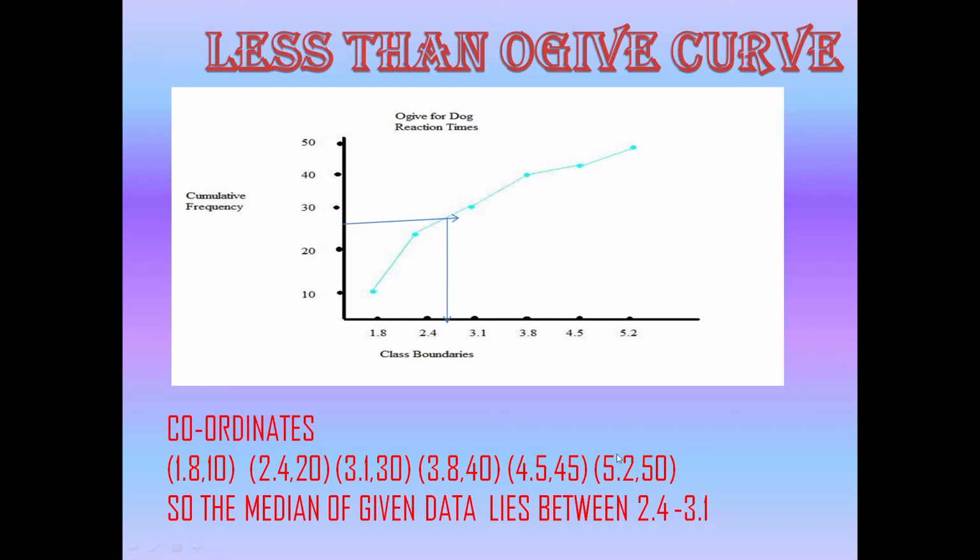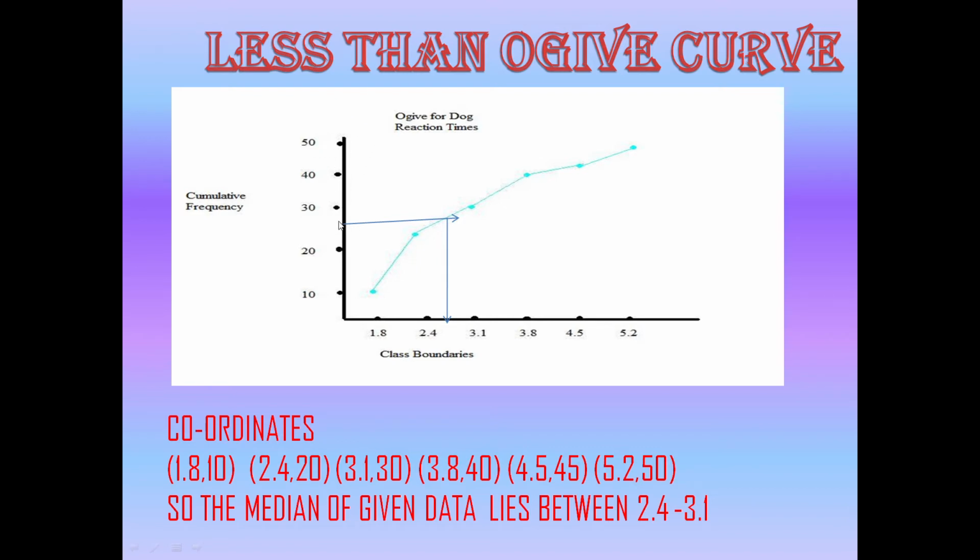So children, you are going to see a very easy method which can be applied for plotting the graph and denoting all these points in a simple manner. The only thing is you prepare the coordinates, and we have to use graph paper with a suitable scale, as we will see in the example. So what is our n value here? Here the n value is 50, that is, by adding all the cumulative frequencies the total value is n equal to 50. So n is equal to 50 means what median are we going to find? N by 2.